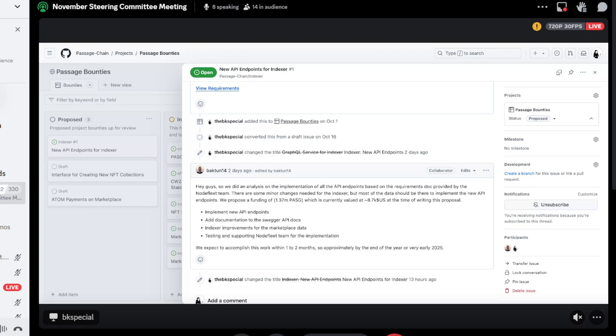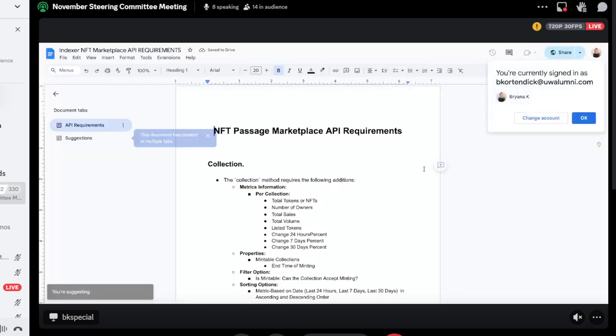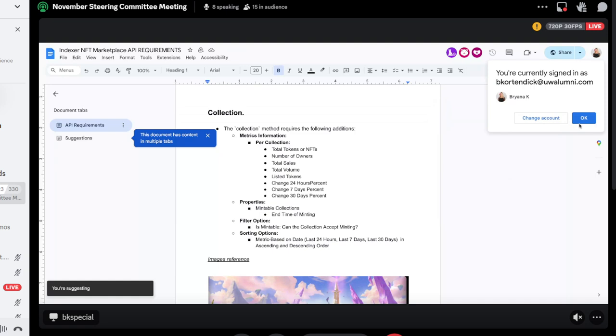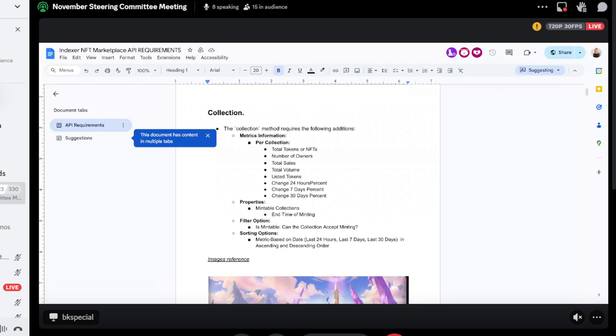Well, I would say that we just add in the documentation the missing endpoints and some improvements to some existing methods. It's more than just adding some new properties, sorting options in some existing methods, and also filter options.